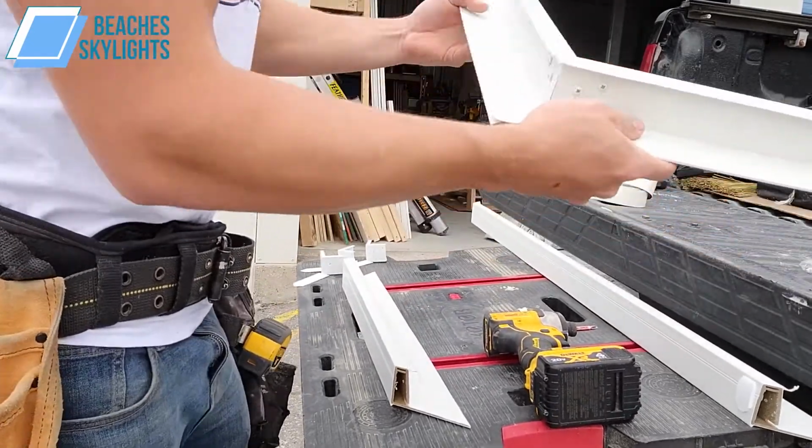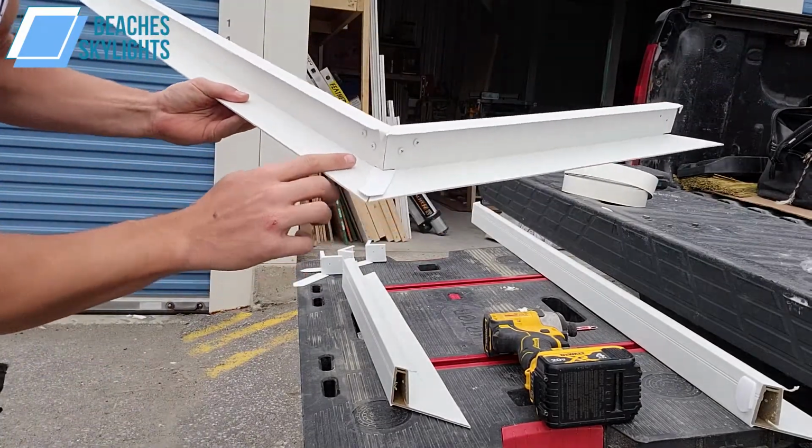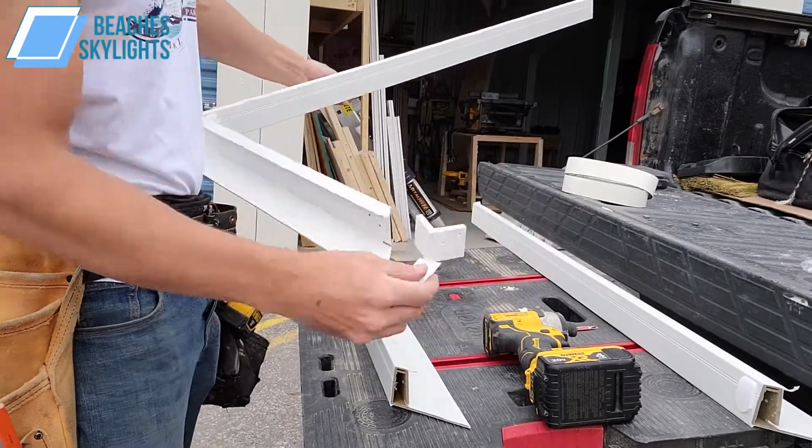So here is a corner all finished up, right? So just 4 screws in total per corner. Two here, two here, and it's just rinse and repeat for the rest, right? So now we would take this side here,